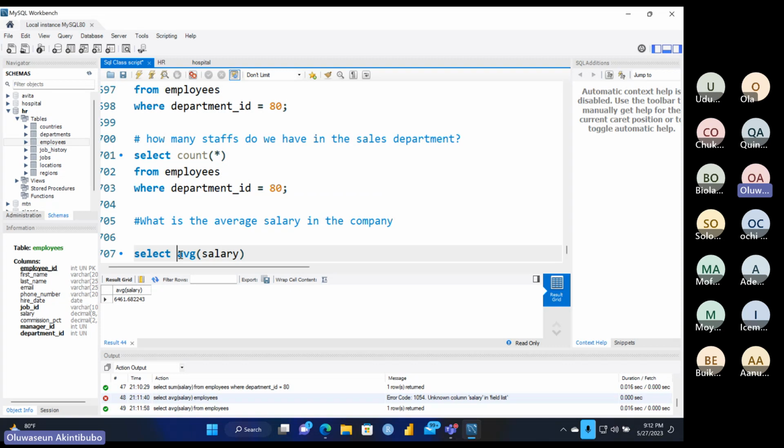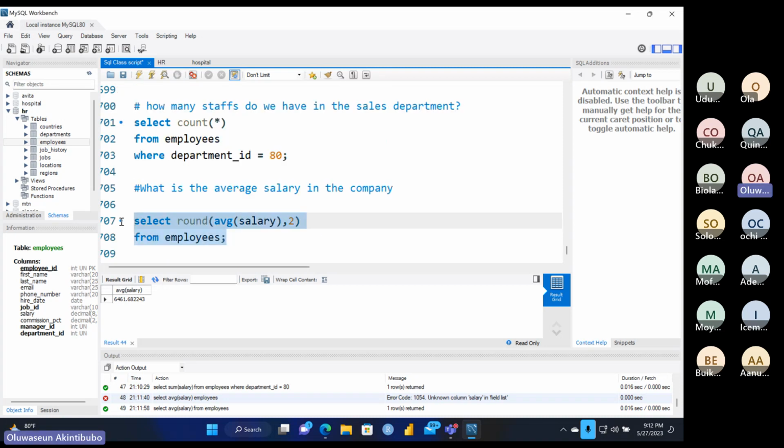Okay, let me teach us how to round up values. So this value now has what? It has how many places? It has 6 decimal places. So I'm going to round that average value to 2 decimal places. Round to 2 decimal places. Right? So if we round that off,